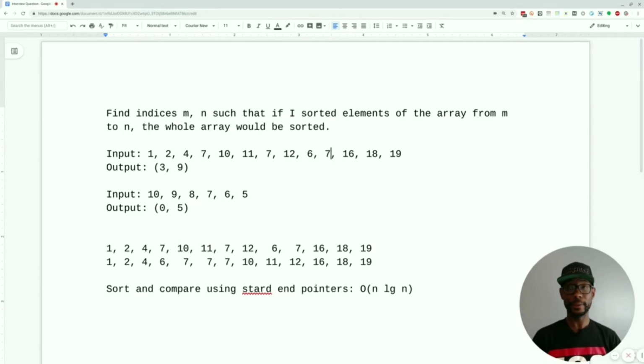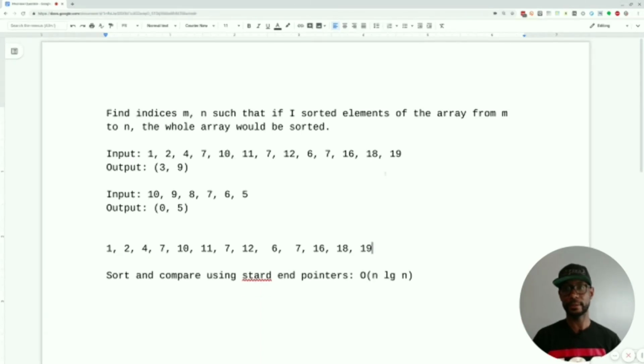So what I could do is just go through and keep track of the largest value that I've seen so far. And by doing that, that will tell me where the unsorted elements are. All right, so let me just use another example here. I have no idea how fast I'm going. Yeah, so going back to this example,